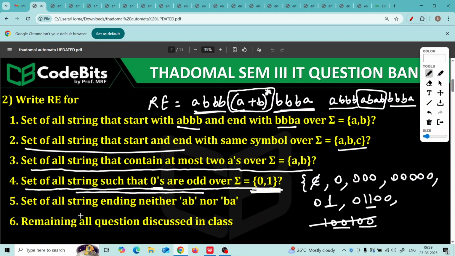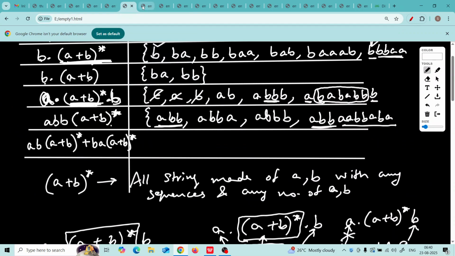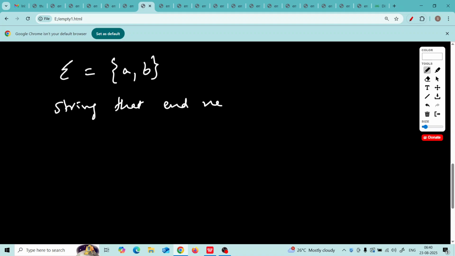Okay. Now, set of all strings ending neither with AB nor with BA. Very easy. Neither with AB nor with BA. Sigma is A comma B, and strings that end neither with AB nor with BA.